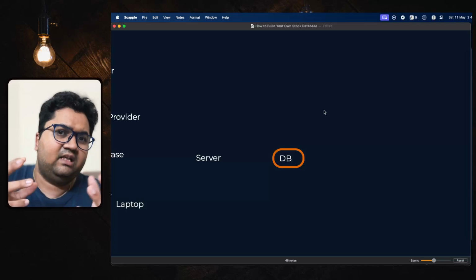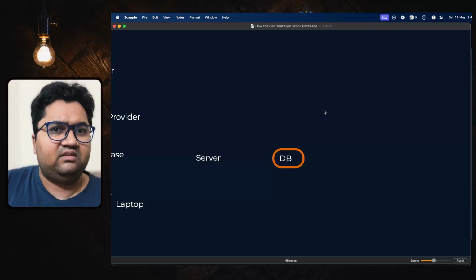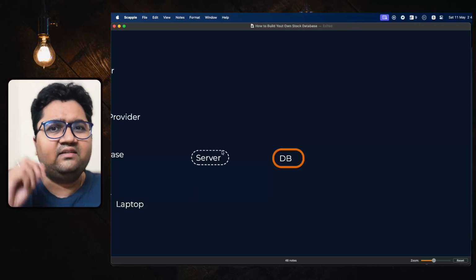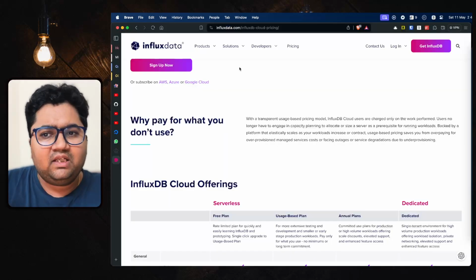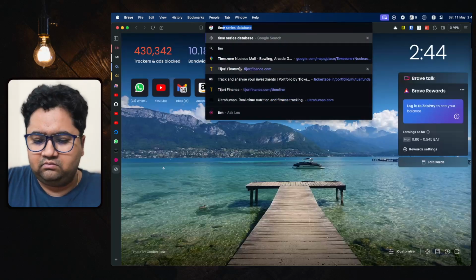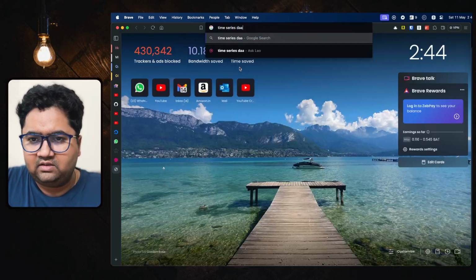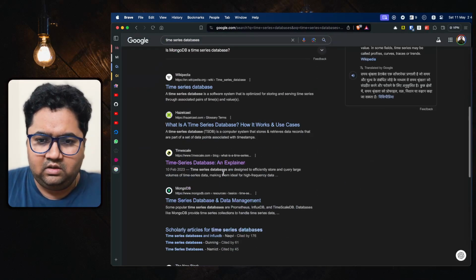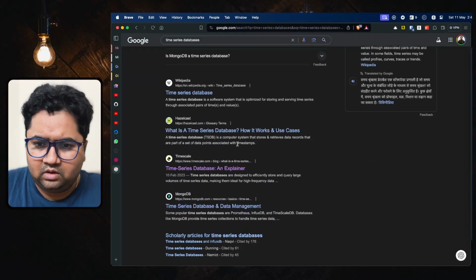But what you can do is, if you want to just get started really low, I suggest building a throwaway infrastructure first. So get the server at $5, get something like InfluxDB, and there are other time series databases as well. So I'll show you. Apart from InfluxDB,